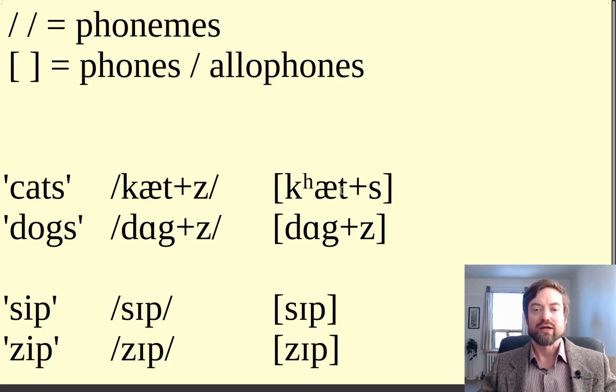So whenever there's a mismatch, like it would be the T and the Z, you would then change the Z. It loses its voicing, and of course Z, when you take away the vibration, becomes S. It becomes an S. And that's how you get this automatic change. Whereas in these two words, already in our minds, we think of them as different. We think sip and zip, we're saying a different sound here. We think about it and say, I want to say this word, so we say the S sound, or I want to say this word, so we say the Z sound. And that's how it comes out.